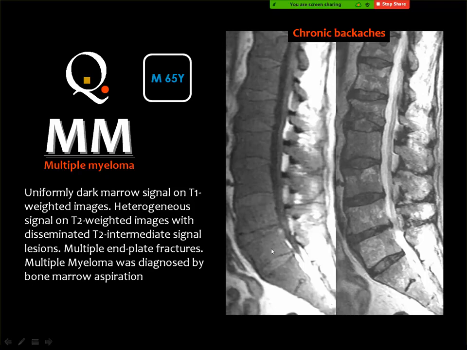If you look at the spine and the lesions are not identified in the T1 weighted image, but are somewhat identified in the T2 weighted image, think of myeloma. But if the lesions are well appreciated in the T1, but not well appreciated in the T2, think of metastasis. If the bone marrow is diffusely black in the T1 and T2 weighted images,